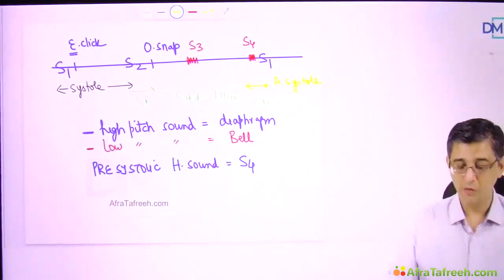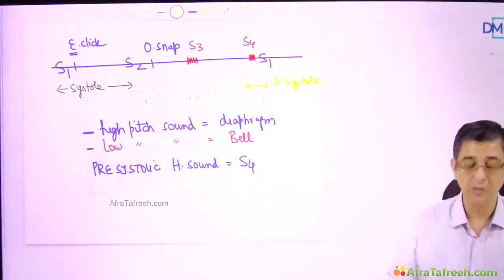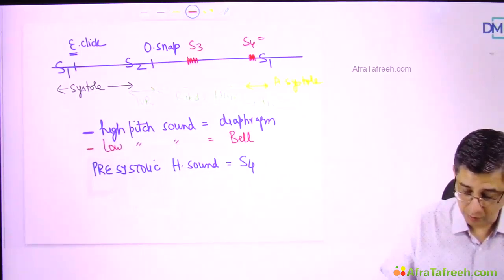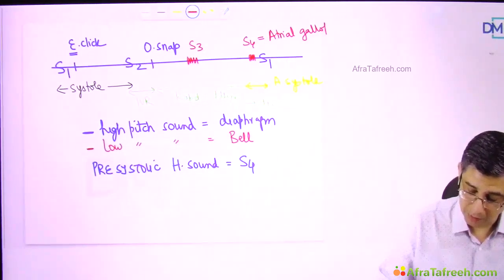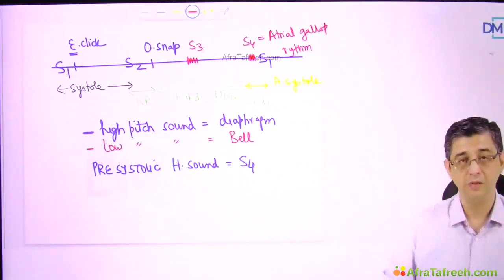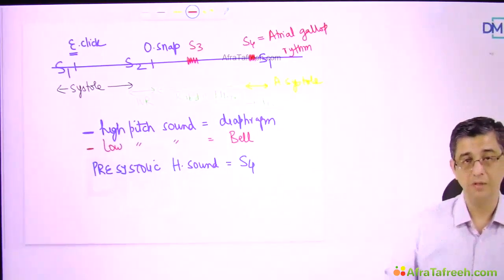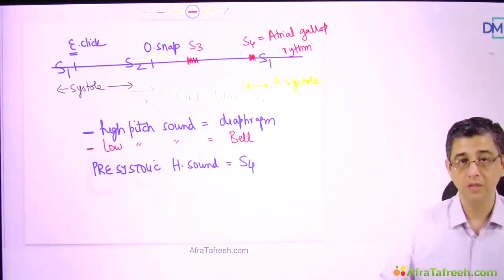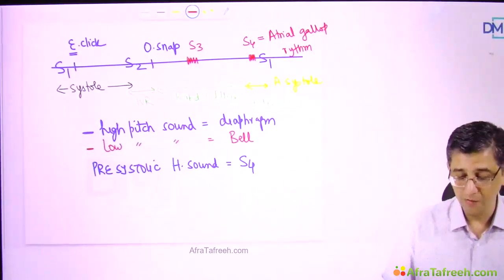Atrial systole, as you can see, is the time when the fourth heart sound occurs in the patient, which explains why it is written in the textbook that the fourth heart sound is called atrial gallop rhythm. I will explain the causes for development of the fourth heart sound as we progress, but at the moment I just want you to understand that excessive force generated by the left atria, which is called atrial kick or atrial gallop rhythm, can be heard in the phase of atrial